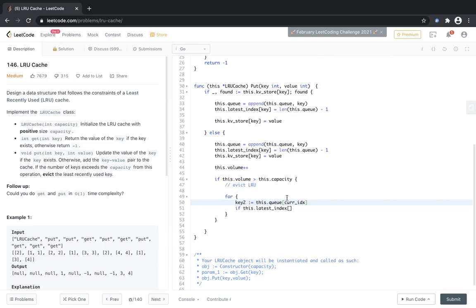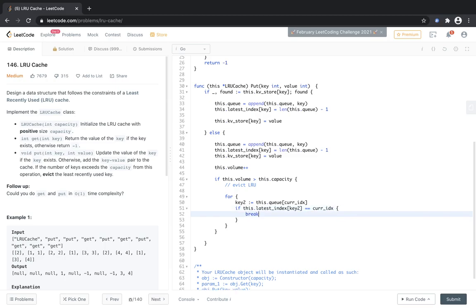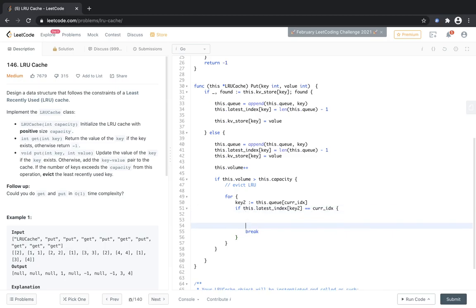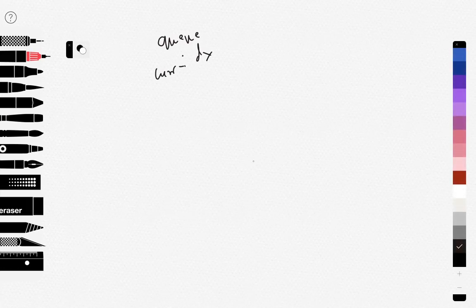So we have a queue and we have a current index. And this is the key that is in consideration. So if this is actually the current index, then we are done. So what am I saying? So let's say 1,1,